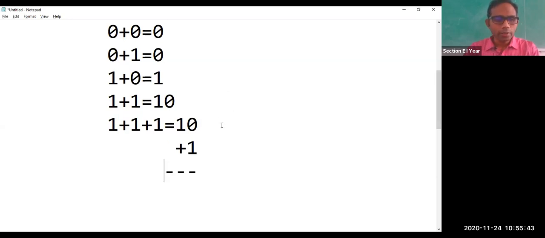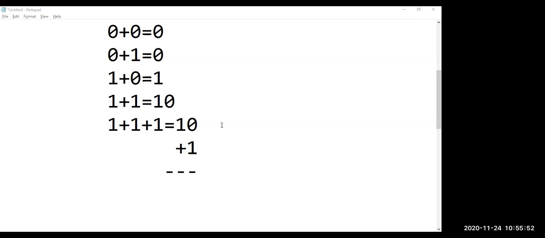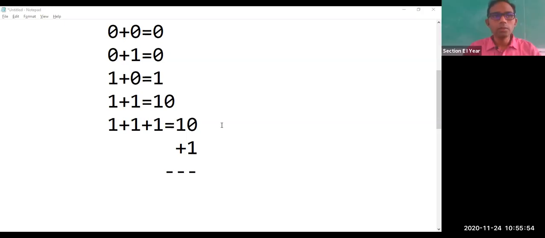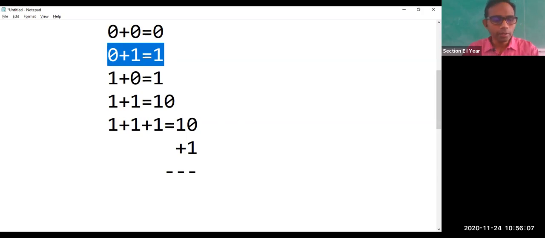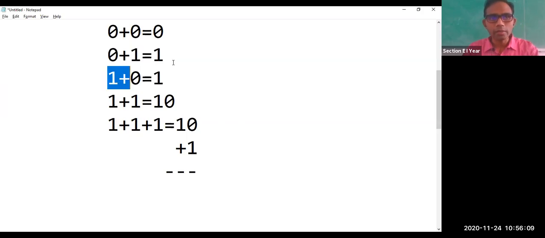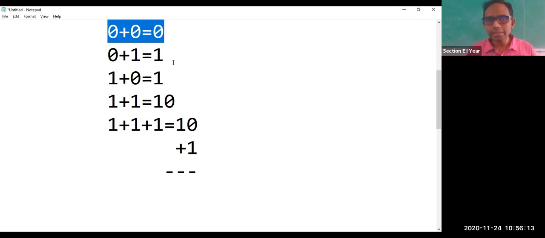Here you are concentrating on 0 and 1. 0 plus 1, the result is? 0 plus 1, the result is 1. Yeah, only one student has given the answer here, 2 students have given 0 plus 1. So 0 plus 1 is 1, and 1 plus 0 is 1. Only when both are 0, 0 plus 0 is 0. Only in that case it is 0. Very good.